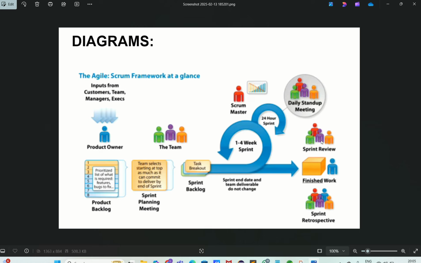And coming to the retrospective, it is nothing but reviewing the final work done in the sprint. The team discusses what went well and what needs to be improved in the sprint retrospective meeting. So, the Agile method and the Spring Boot framework work well together because